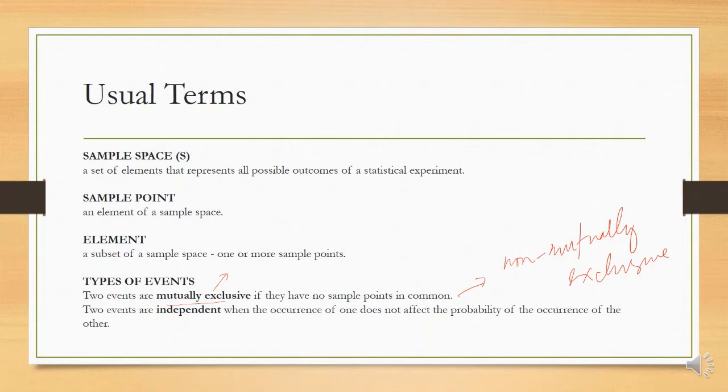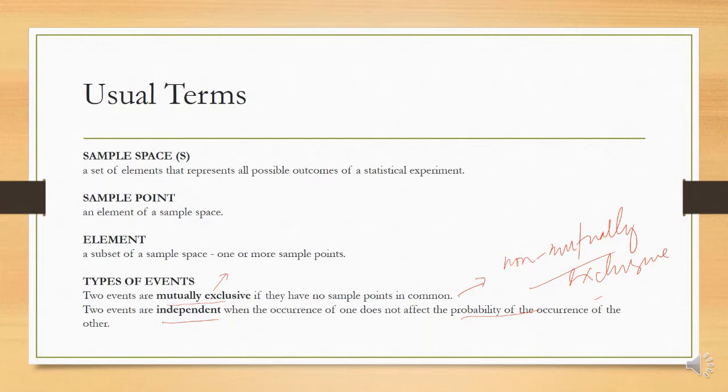Okay? So, pag sinabi naman nating non-mutually exclusive events, they can happen at the same time. Example, if you're brushing your teeth, at the same time, you can watch the TV. Diba? So, pwede yun. Now, the next one is yung independent events. Pag sinabi natin independent events, they do not affect the probability of the occurrence of the other. Okay? Example,